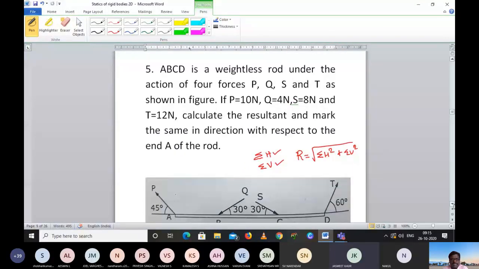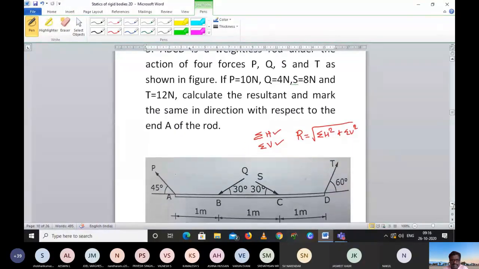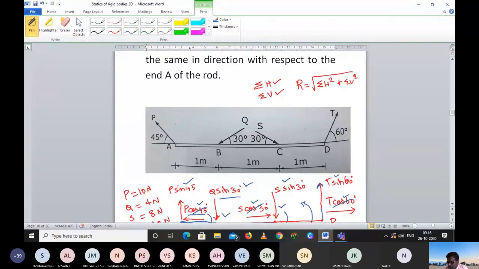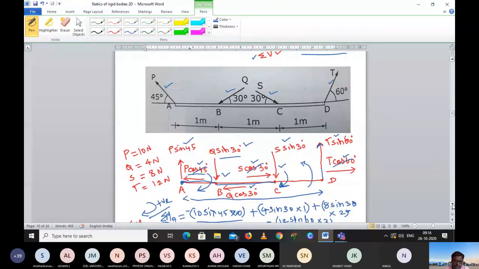Next problem, we have seen a rod and then we have calculated. Again the same thing here; the only difference is the force is acting inclined. When the forces are acting inclined, as our friend suggested last class, you have to calculate horizontal and vertical forces, and then calculate the resultant using the formula R equals the square root of the summation of horizontal force squared plus the summation of vertical force squared. We have already seen these things, and then we resolved the inclined force into 2 components. I think I uploaded this video; if you have any further queries, you can watch it.